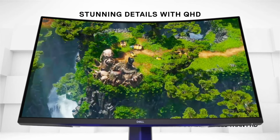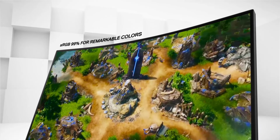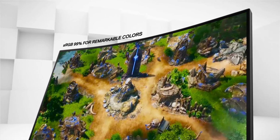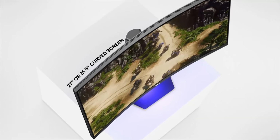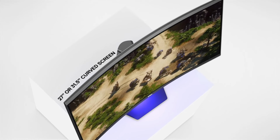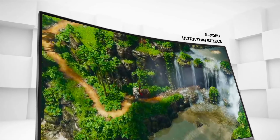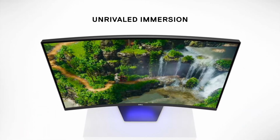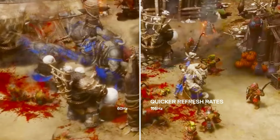It's a good monitor with very good contrast, excellent gray uniformity, and a superb SDR color gamut. It has just decent reflection handling but great peak brightness, so glare shouldn't be an issue for most users. It's one of the best monitors for gaming with a VA panel that we've tested so far, with fantastic low input lag, an excellent response time at the max refresh rate, and support for AMD's FreeSync Premium Variable Refresh Rate